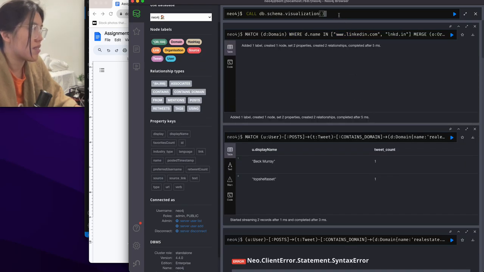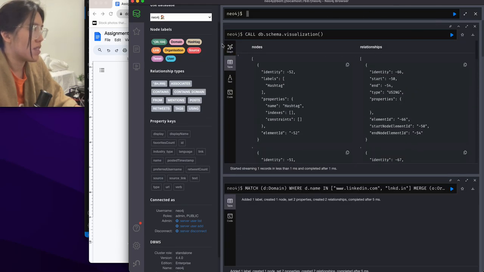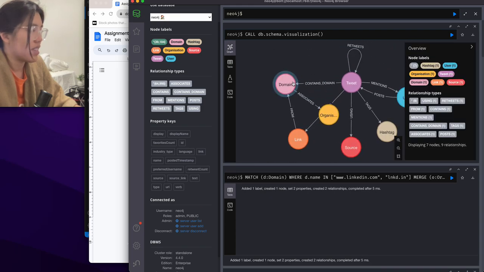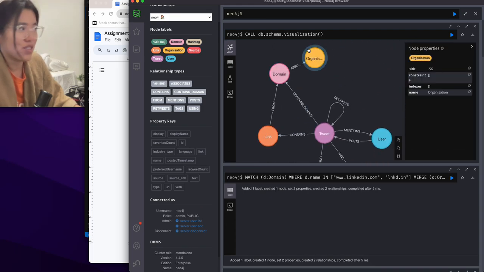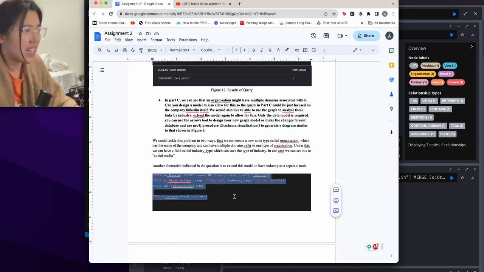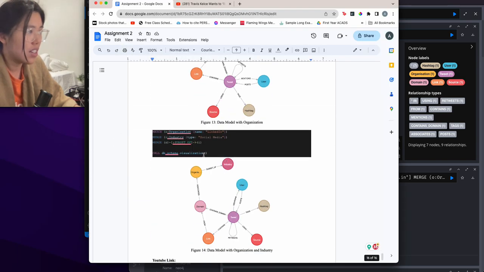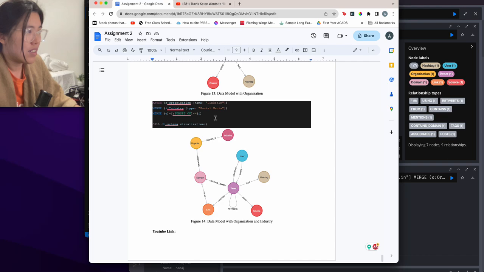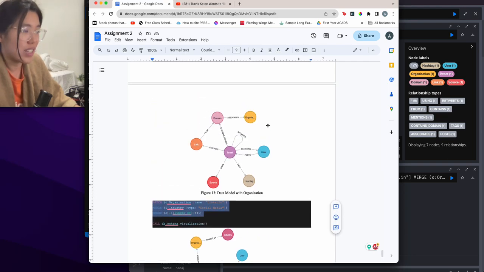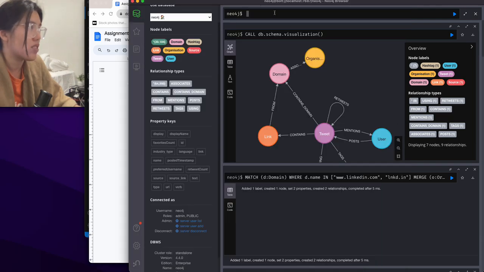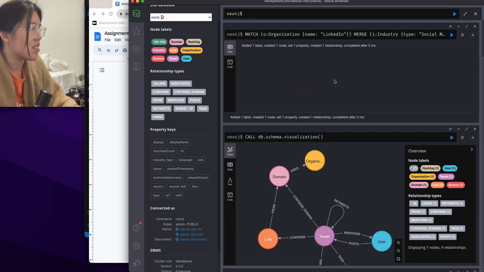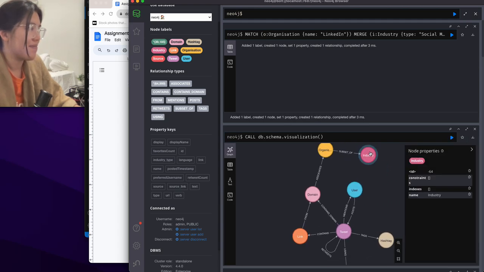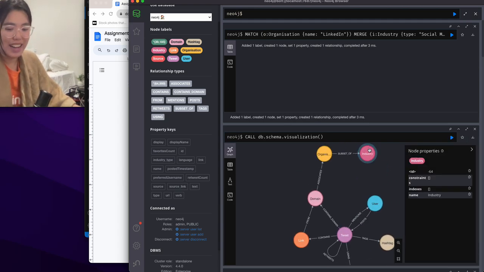It's already connected to a specific domain, a specific organization. So you can just query the organization directly. And I think to get the subtype for industry, you can either save it as a field in the organization, or you can also make another node that connects to organization right here. So yeah, that's how I tackled